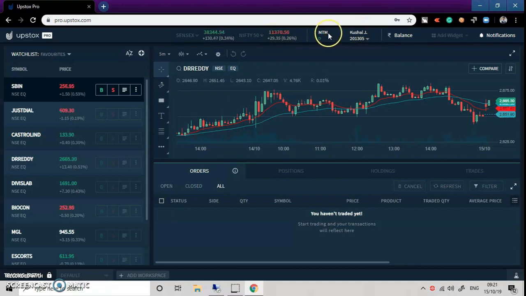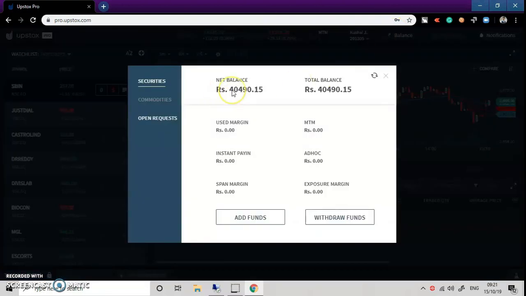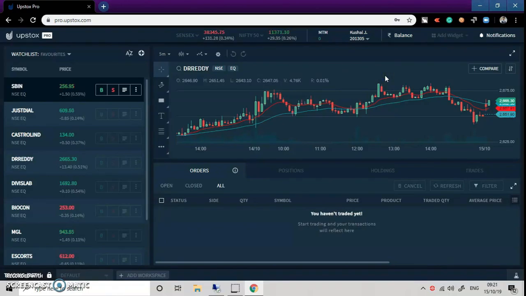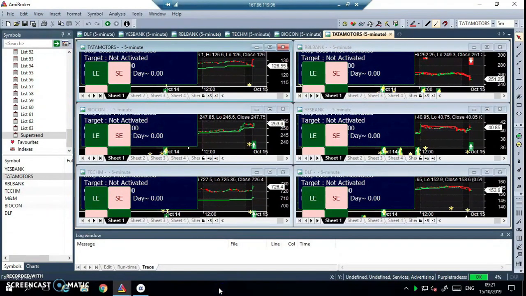and market Nifty is up by almost 29 rupees right now at 9:21. And you can see in my balance right now, my balance in this account is 40,490, around 40,500 close to. I just pumped in around 40,500 rupees to start with, and to check how the strategy works. Like usually a novice trader starts with 20 to 30,000 rupees, or some people even start with 1 lakh rupees, just to be on average side. I just put in 40,500 rupees, and I'm just starting to explore this entire week how the strategy would run. So I've just pumped in 40,000 rupees, and I'm waiting for the signals to come in.